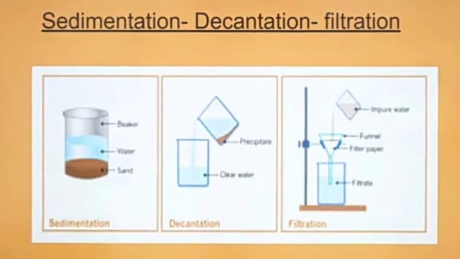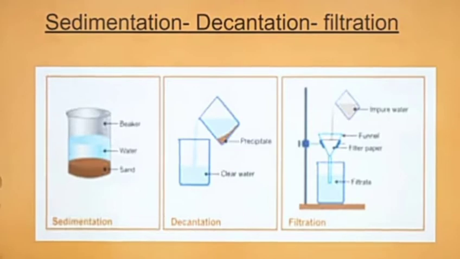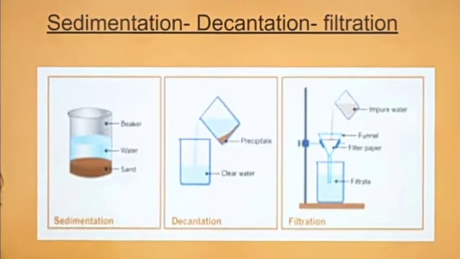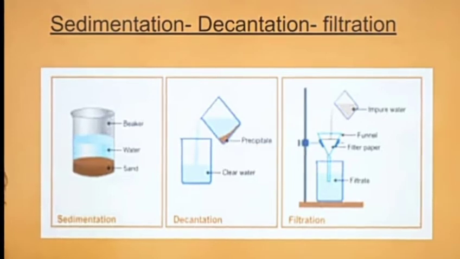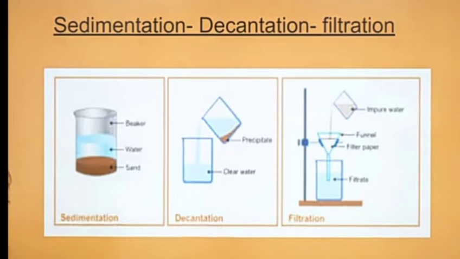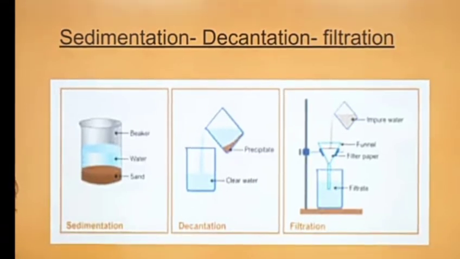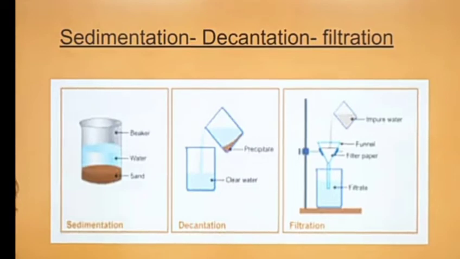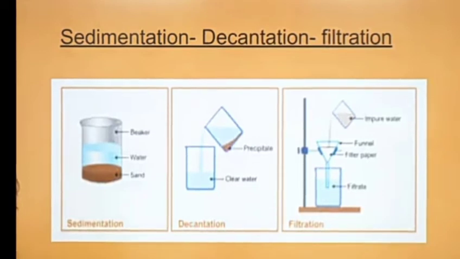But still, the beaker that contains the water is not pure. It still has some fine particles, some small impurities of the sand mixed in it. So how can we separate them? We can separate them by the method of filtration. For that we require a filter paper. So let's perform an activity to understand this.